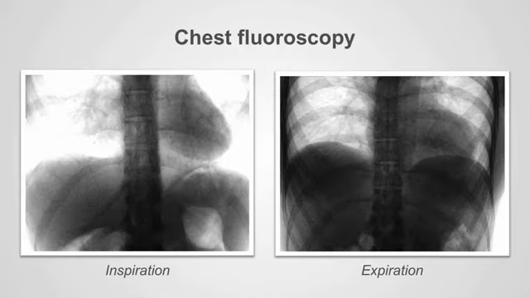Chest fluoroscopy is a technology that is real-time X-ray imaging. Using a low-dose technique, when the radiologist presses a pedal, he can look at the thoracic structures in real time. You can see the heart beating, but you can also see the movement of the diaphragms. This type of examination is currently limited to evaluation of diaphragmatic movement in patients with suspected phrenic nerve paralysis. With phrenic nerve paralysis, there is a paradoxical movement of the diaphragms on expiration, which can be readily identified with